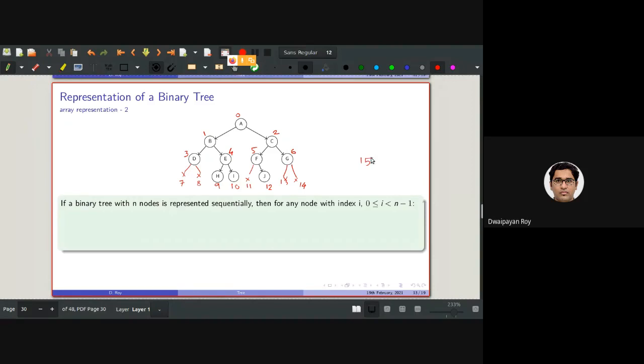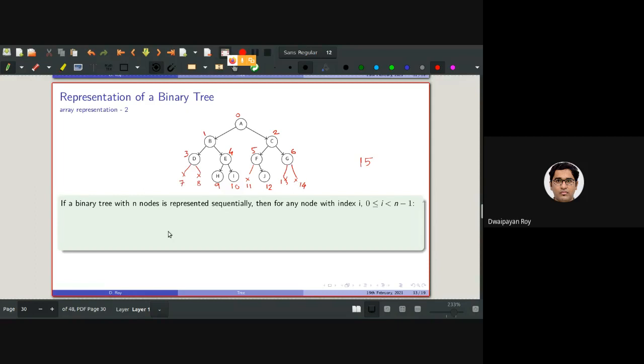So in total, there are 15 nodes in this binary tree. The 0th node contains A, the 1st node contains B, the 2nd node C, and so on. The 7th node contains null or an empty tree. Similarly, the 8th node as well, which again contains an empty tree, and so on.